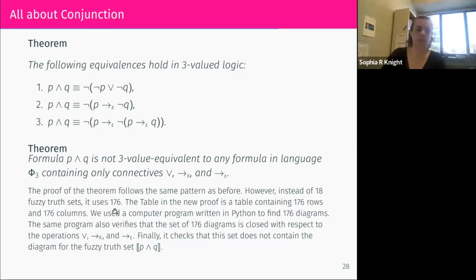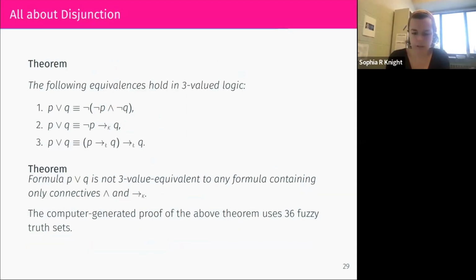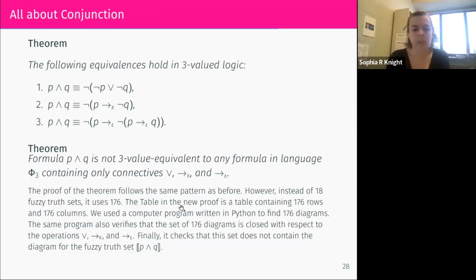So when we take the closure here, we end up with 176 different truth sets, truth diagrams. So do I have, no, I don't think I even put the picture in. Yeah, so this is a big diagram. You had to use Python for this. You would not want to do this by hand, but it's still easy to check. And this is a little bit of an exhaustive search since there's only three values. It's not like we have to build up our own model and find the special propositions that give you this result. You just put in all the possibilities and you find this out.